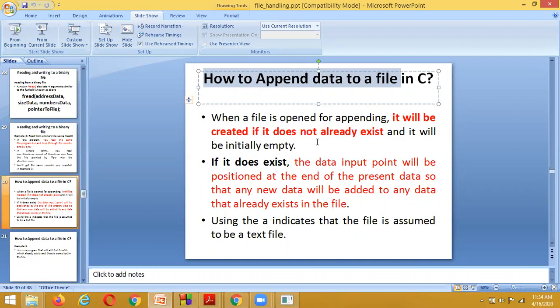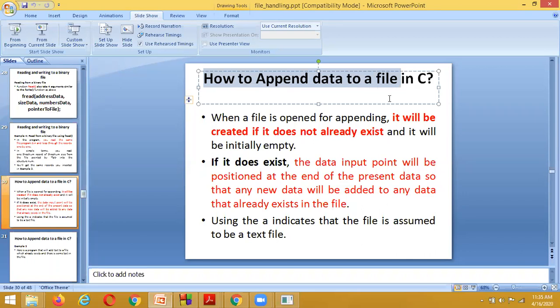It is going to erase the previous information and overwrite from the beginning. Write mode writes the information from the beginning. Append mode adds the information at the end of the file. That is what we need to remember, how to append data to a file.